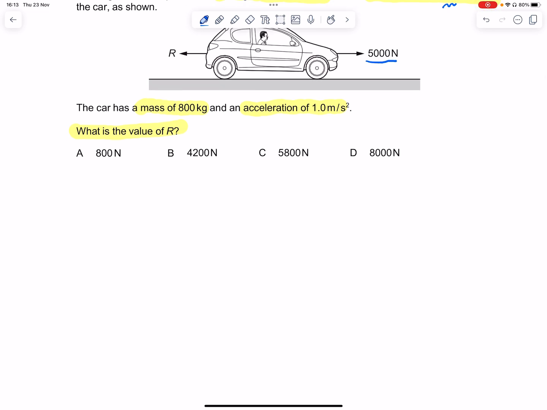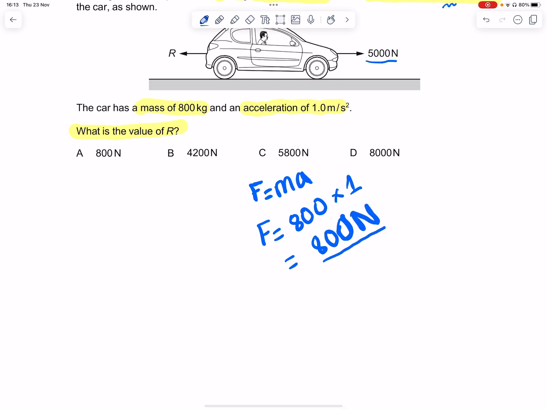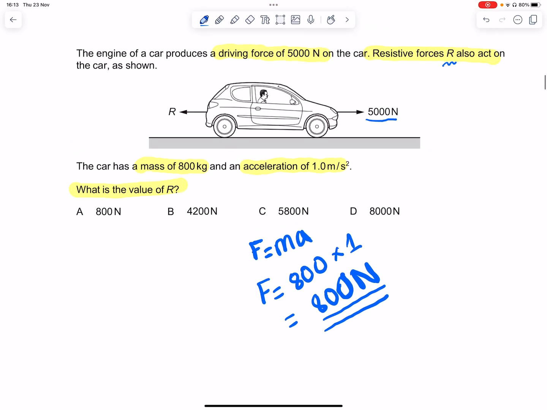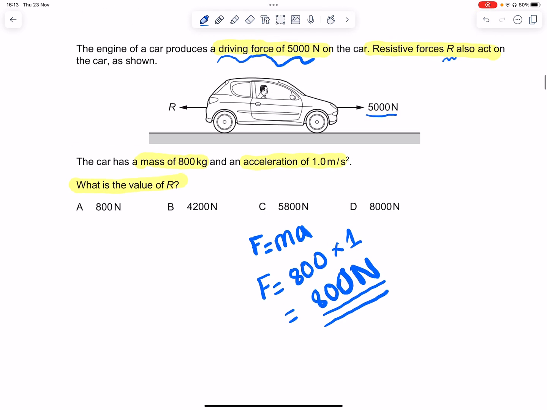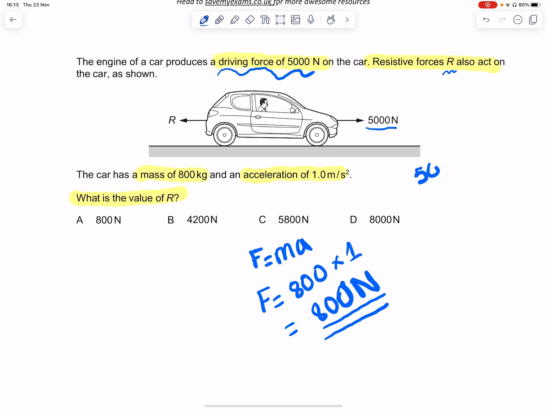Essentially, over here, we're going to apply the formula for resultant force. So F is equal to ma, where m is the mass and a is the acceleration. So F is equal to 800 multiplied by 1, which is equal to 800 newtons, right? So this is the actual resultant force that acts on the car, because we know that there is a driving force of 5,000 newtons produced by the engine, but we also have a force of 800 newtons over here. So essentially what we're going to do is subtract 800 newtons from the 5,000 newtons to get our answer of